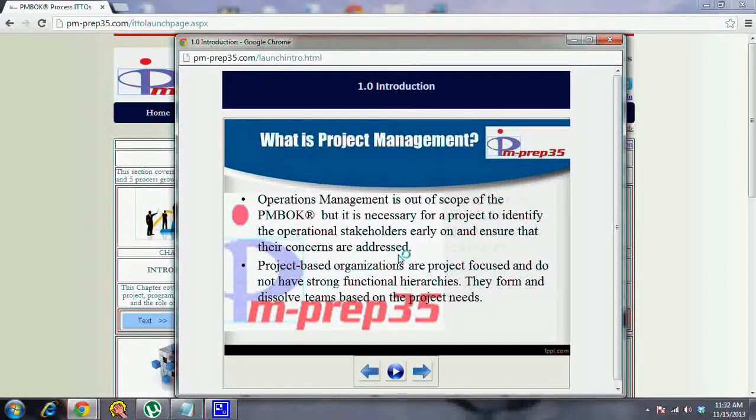The different kinds of organizational structures are the functional organization, then you have the matrix organization, then you have the project-based organization. So in the functional organization, you have departments which have specific roles or responsibilities. There might be a manufacturing department, there will be an HR department, there will be a finance department. So people in these departments have their own line of